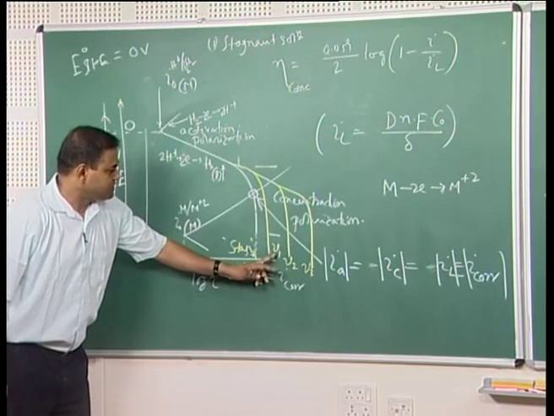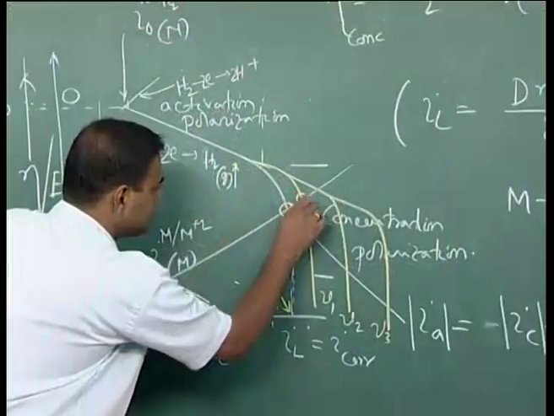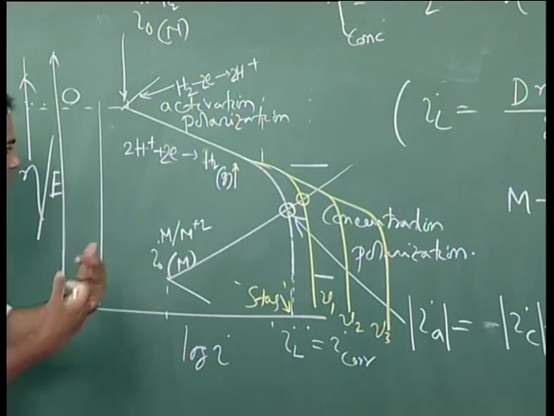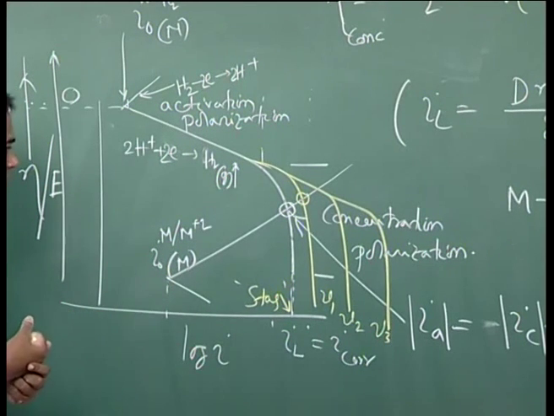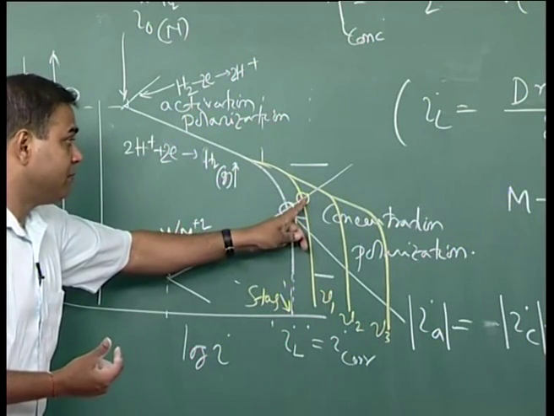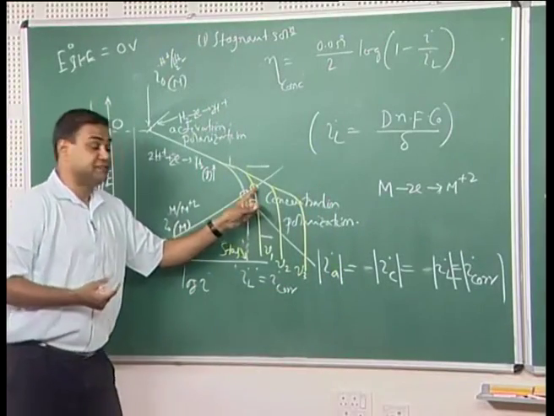So when you increase the velocity, your new equilibrium point where the rate of electron consumption and the rate of electron generation, both are same, and also you are seeing that I corrosion is increasing because IA is also increasing,